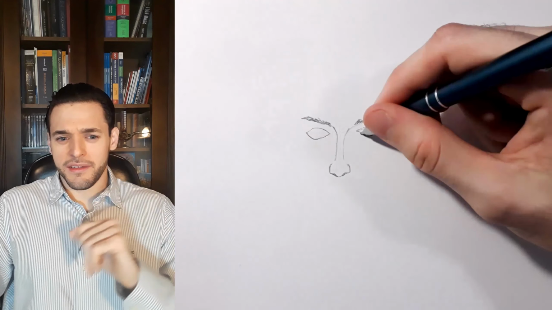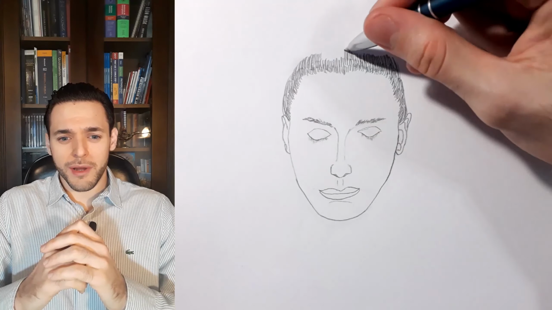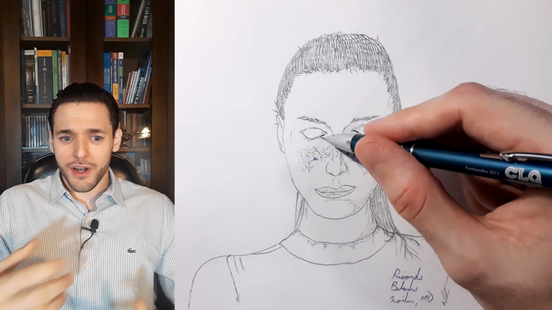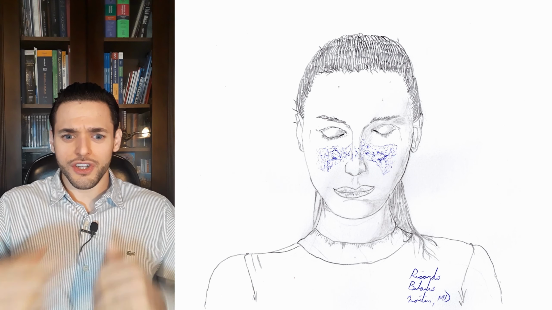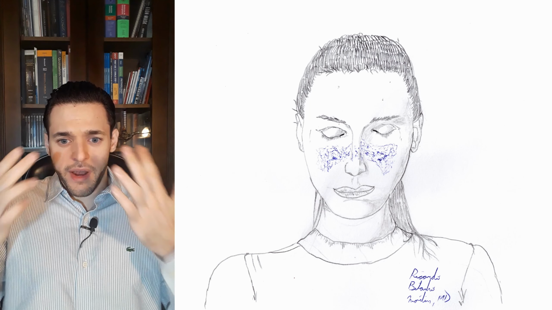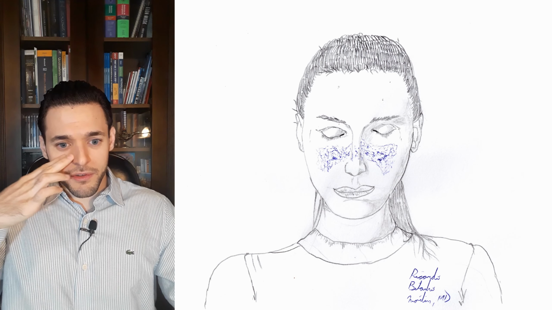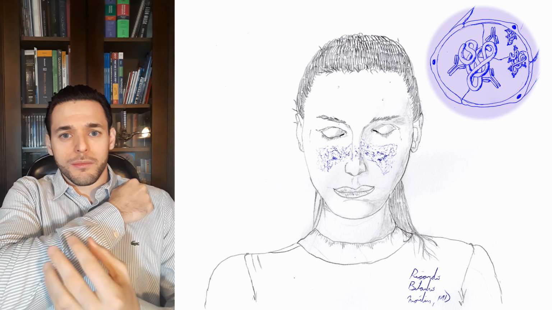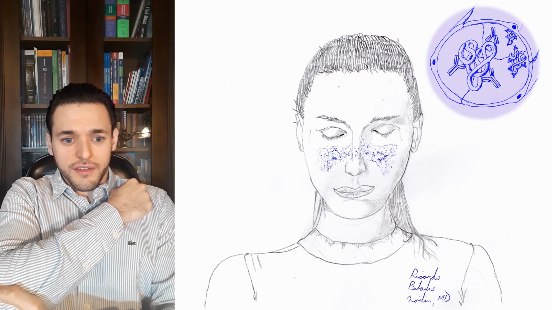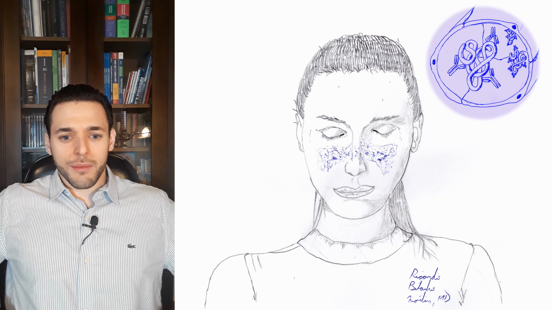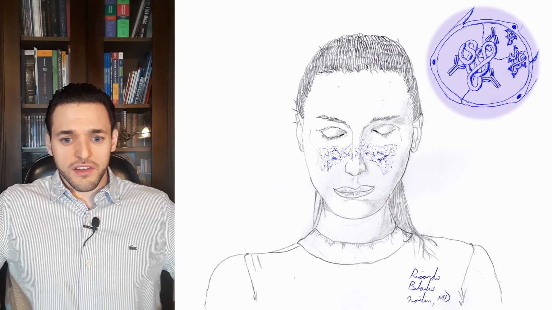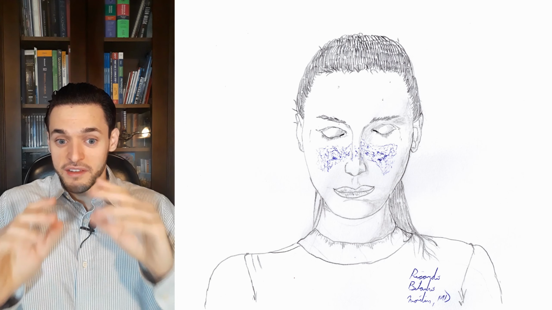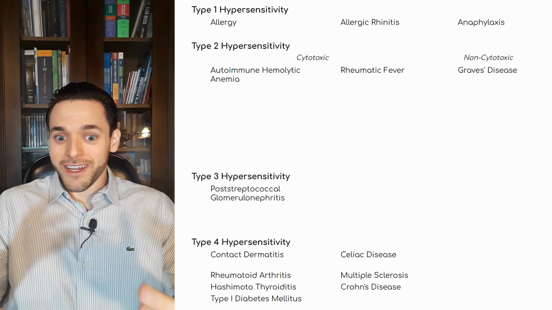An even better example is systemic lupus erythematosus. In SLE, all the classical manifestations are caused by immune complex deposition in tissues. The malar butterfly rash is caused by immune complex deposition in the face. The arthritis is caused by immune complex deposition in the joints. Nephritis is caused by immune complex deposition in the kidneys. If someone asks you the predominant type of hypersensitivity in SLE, answer type 3.